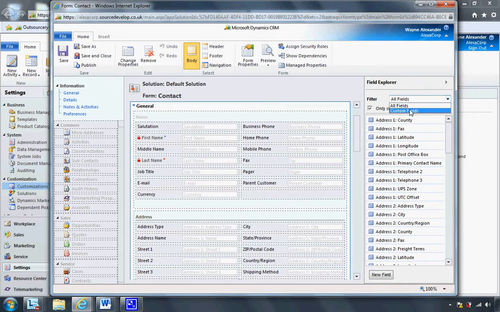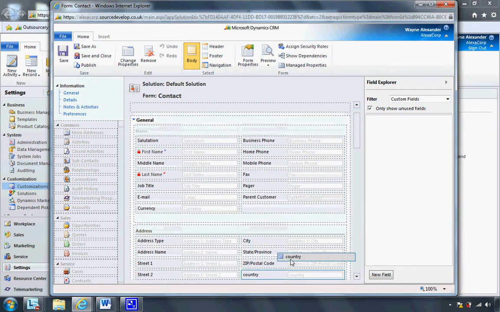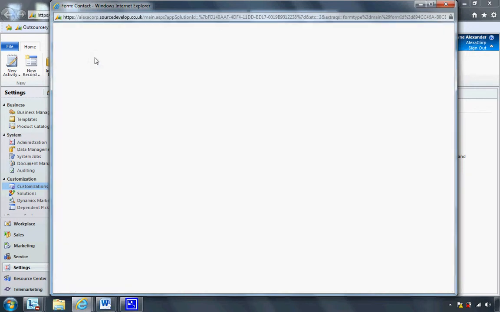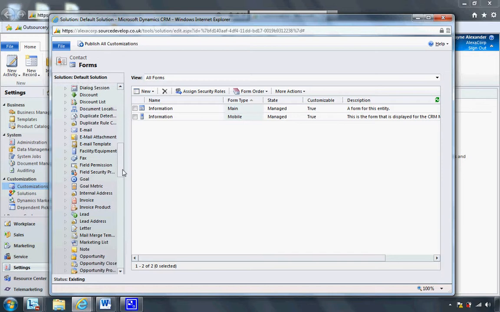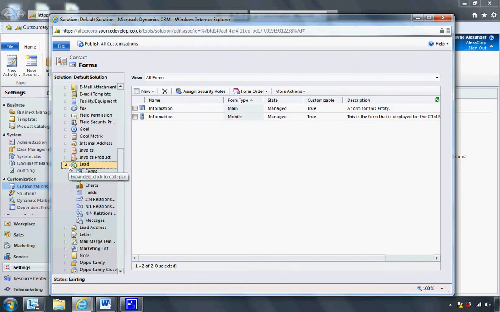And I'm going to do exactly the same thing again. Just drag that onto the field there, onto the form, and save and close. And last but not least, exactly the same thing with our leads. So I'm just going to go ahead and hit form